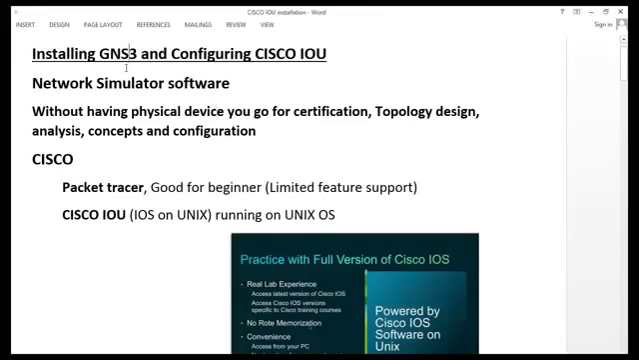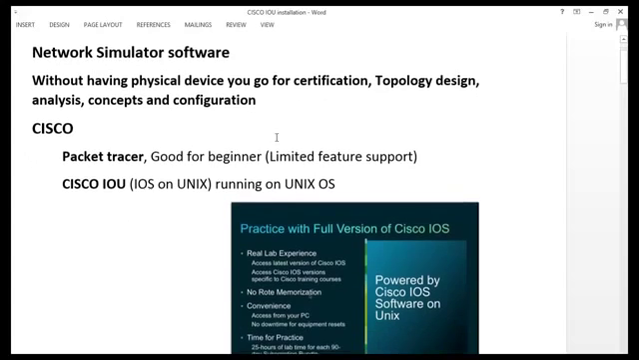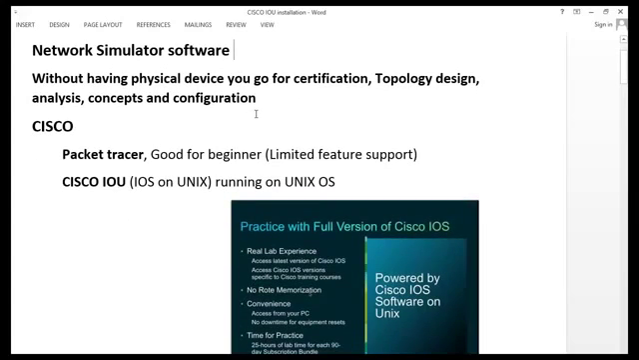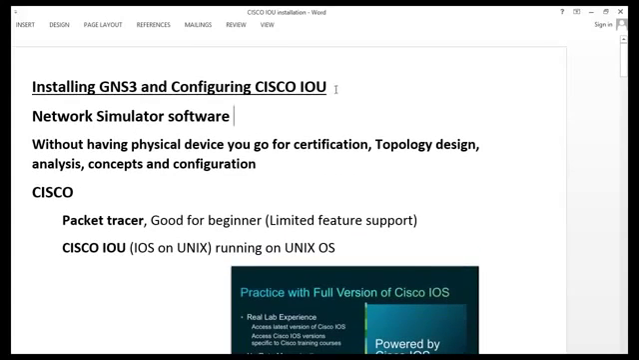Hi friend, in this video we are going to discuss installing GNS3 and configuring IOU, or Cisco iOS on Unix. So this is the major topic. From the beginning, while I listened about the Cisco IOU, I was very excited, very curious. What is Cisco IOU? How does this work? What is the advantage, disadvantage, and so on, how to configure. By the way, hopefully after this video you will be clear on how to configure Cisco IOU and what is